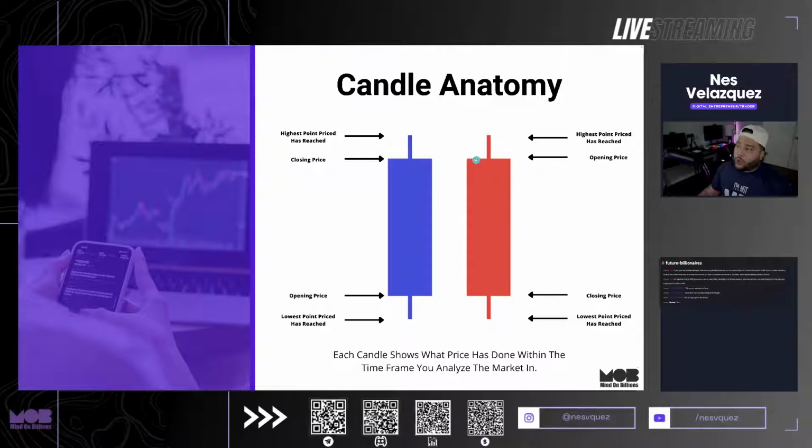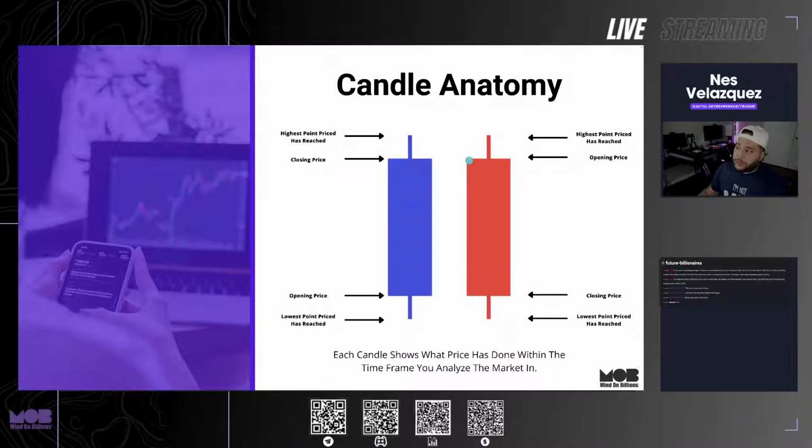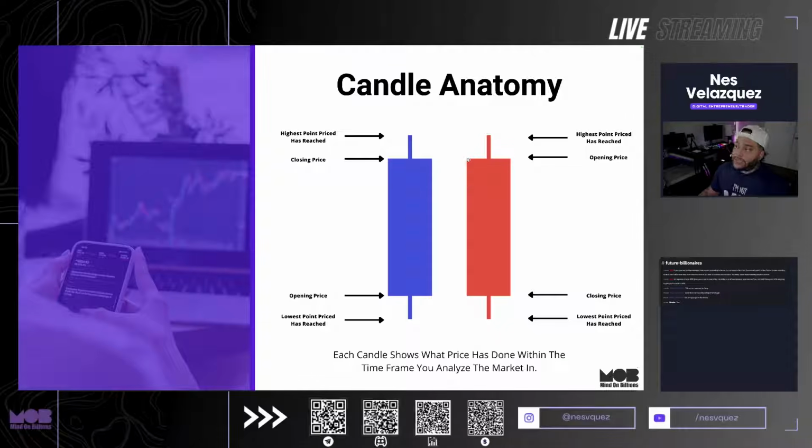Now, in the course, let's say we were looking at a 15-minute chart and we're looking at a bearish candle. Basically, what you see over here is this. There's the highest point price reached, the lowest point price reached, but it closed right here at the closing price. So the opening price in a bearish candle is the top of the candle body. The closing price of a bearish candle is the bottom of the candle body, all right? And here are the tracks. These are called wicks, of course, right?